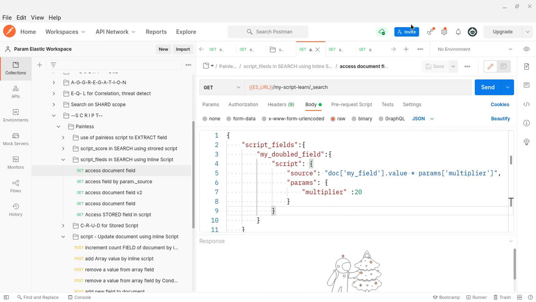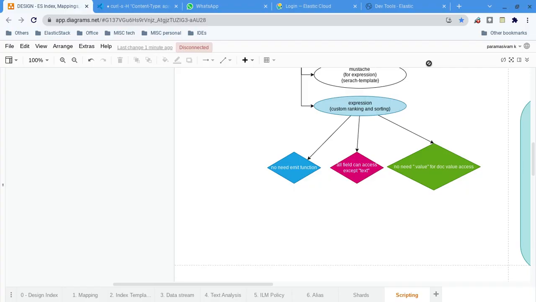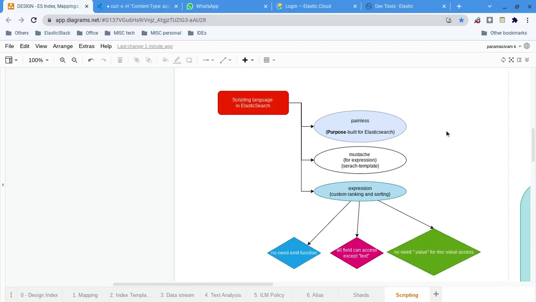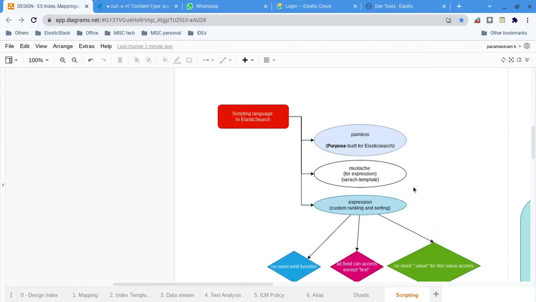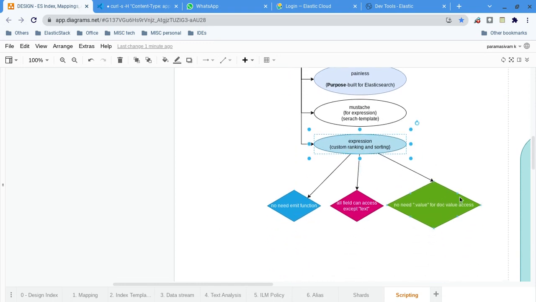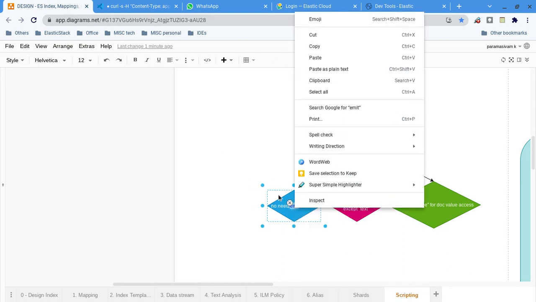Let me go to my document. So expression is another among these scripting languages. It has some new features. The first thing is that we no need